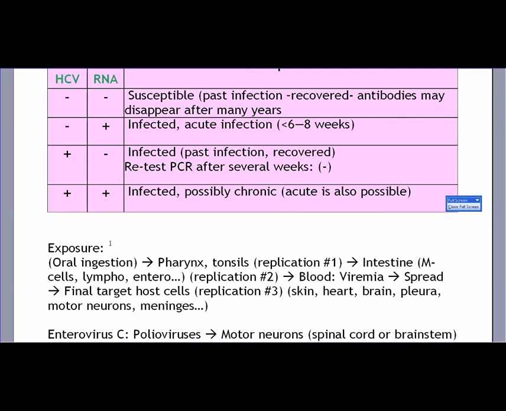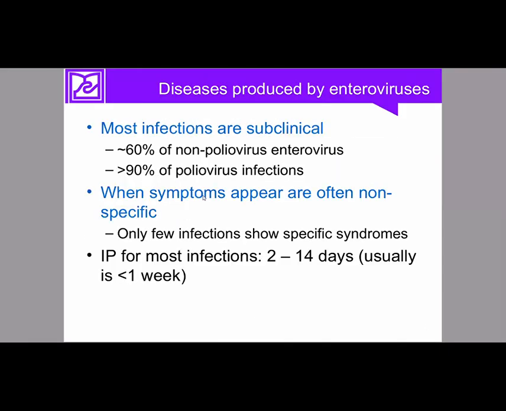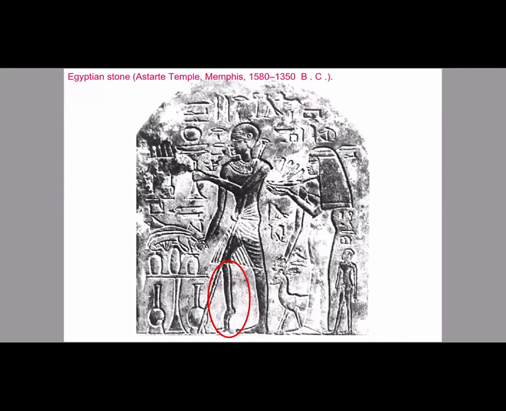Okay, this is the purpose of this class. Most infections caused by enteroviruses are subclinical or asymptomatic. More than 90% of poliovirus infections are asymptomatic or subclinical. So look, so we are going to focus in